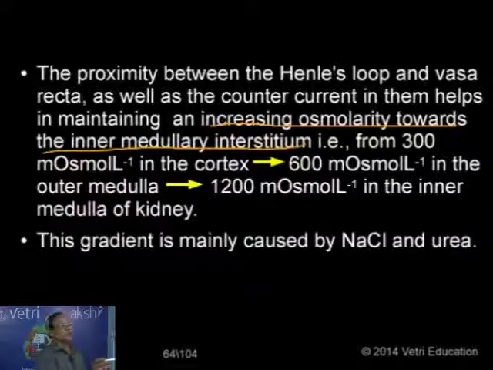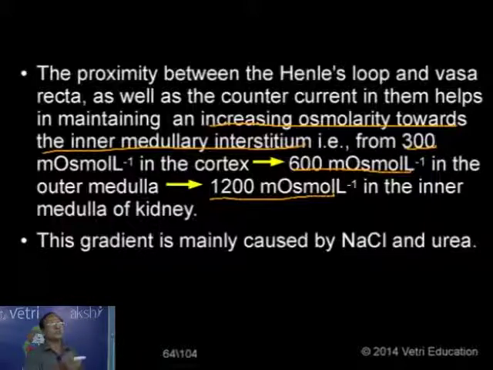So from just 300 osmolarity in the cortical region to 600 osmolarity in the outer medulla, and 1200 osmolarity in the inner medulla. This is because of the effect of the two countercurrent mechanisms, the Henle's loop as well as vasa recta, because they are arranged very close together. That is why I mentioned the proximity between the two, and also the countercurrent mechanism operating in these two, responsible for increasing the osmolarity. And this increase in concentration gradient is chiefly responsible for